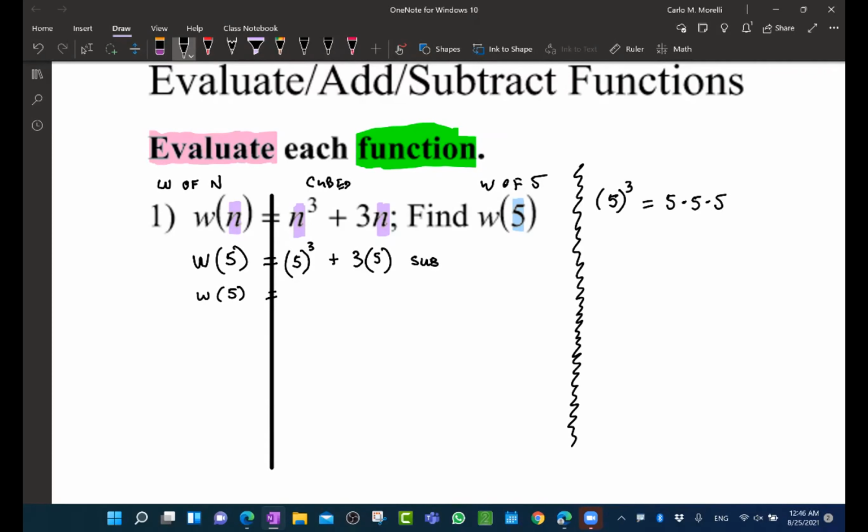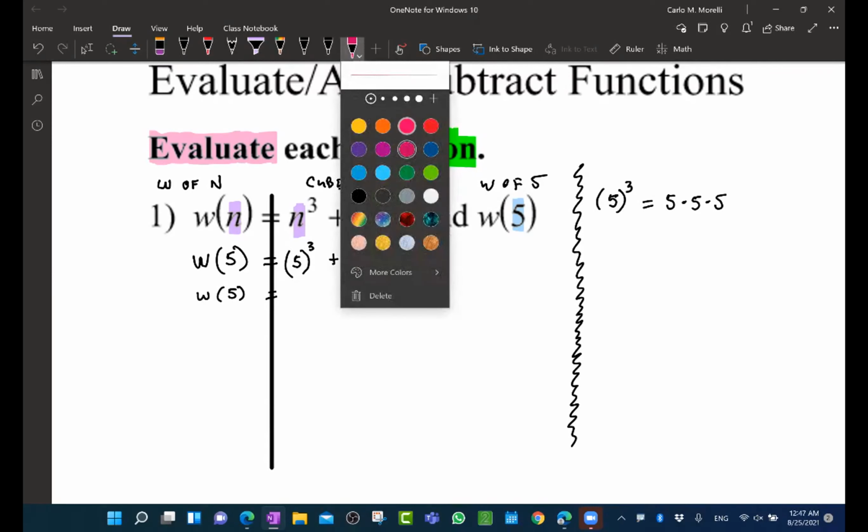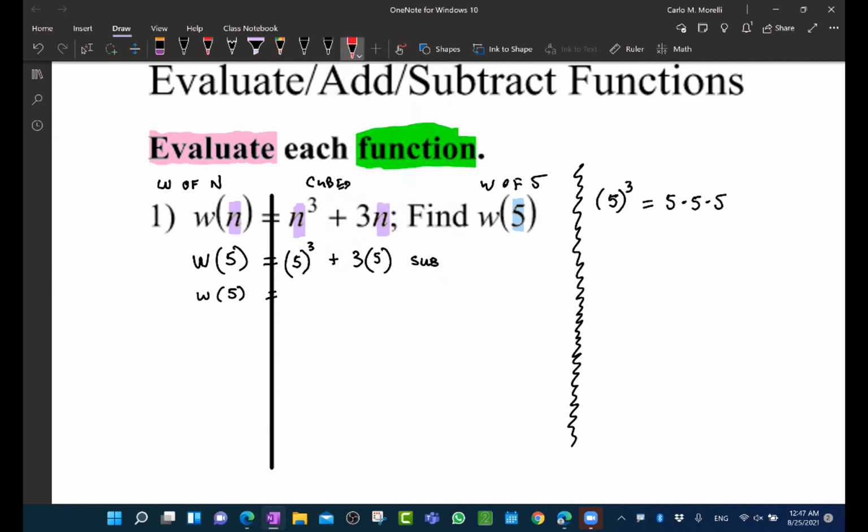And it's okay if you don't know what 5 times 5 times 5 is, because you can actually section off something that you do know and then simplify from there. So we know that 5 times 5 is 25. So now 5 cubed equals 25 times 5. Now let's say that you don't know what 25 times 5 is and you don't have a calculator because you don't need one because you have a brain,